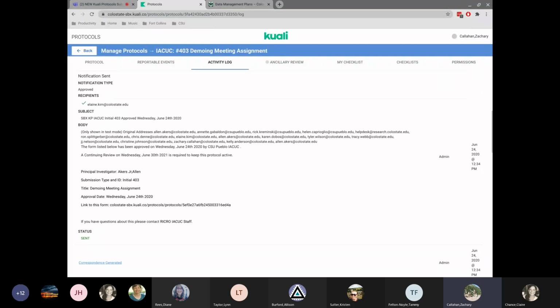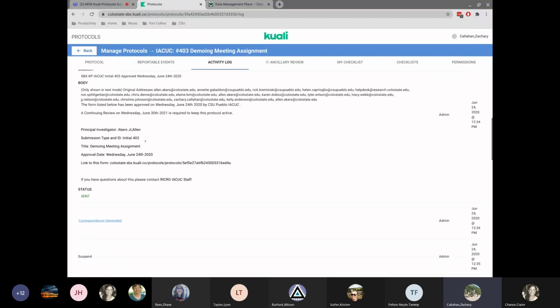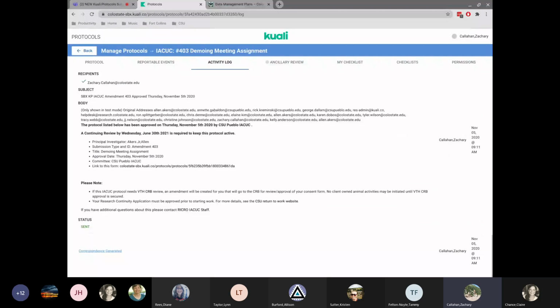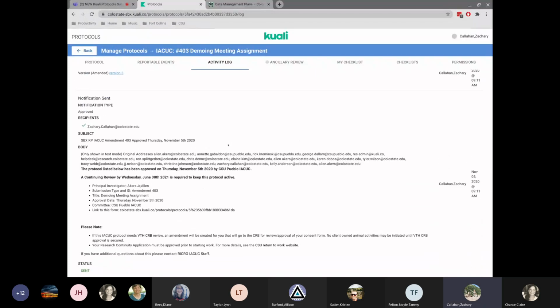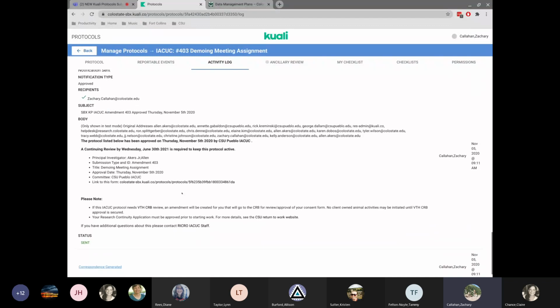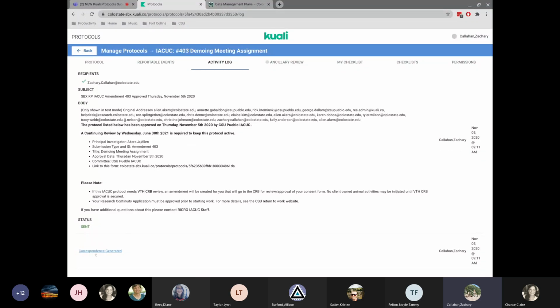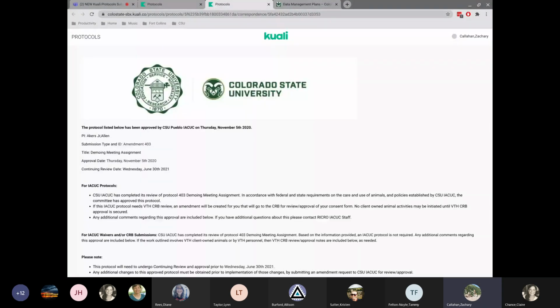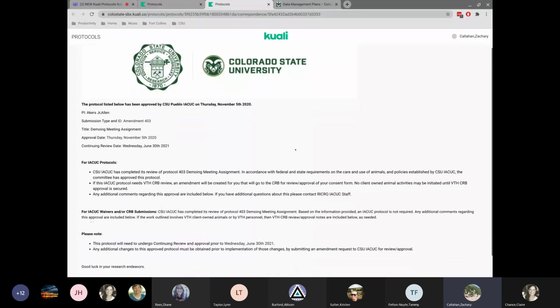And the approval number, well, again, don't have the approval numbers in place on this system here, but the approval number would show up on the email that would have been sent to you. We have a link directly to the protocol within the email itself also. So we have a little bit of redundancy built into the system, but it allows you to then go into the activity log tab and look at the correspondence that was submitted, and you can see the actual email that was sent